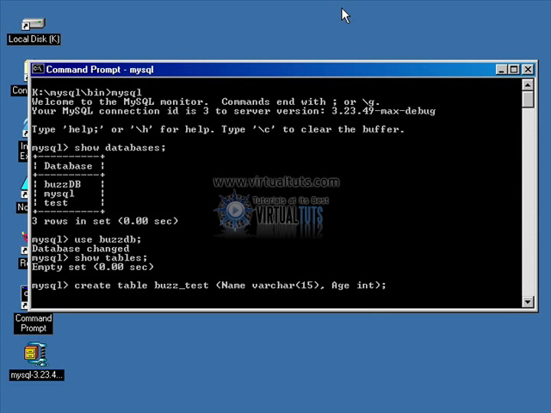So we'll go ahead and close the parenthesis and give it a terminator. And what we have right here is create table, and we have buzz underscore test. This will be my table name that is going to be created and placed inside the BuzzDB database. And inside this, we're going to